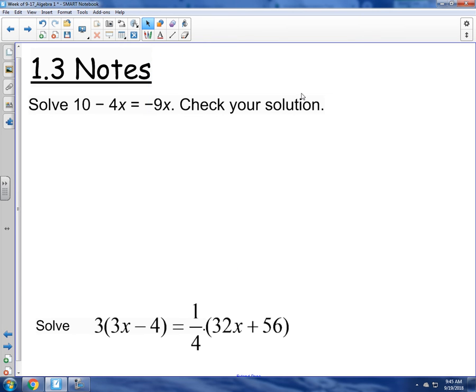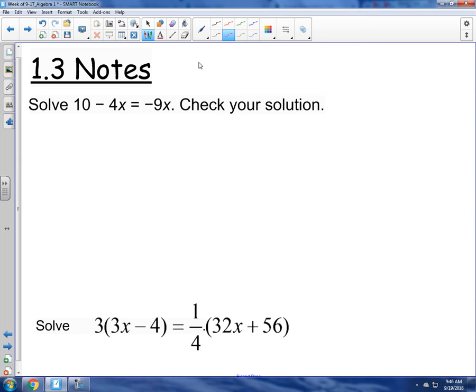All right, so these are your notes on 1.3, and this is solving multi-step equations. We're going to cover equations that have no solution. We're going to have some where the solution is 0, and basically things that take a little bit of time to solve. So let's go through this first problem at first, and let's think about what's going on, because